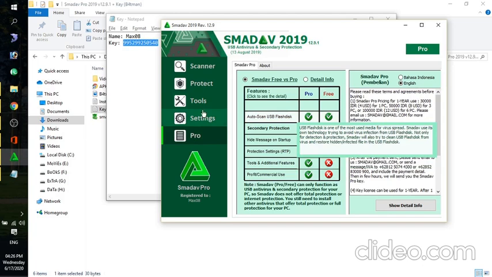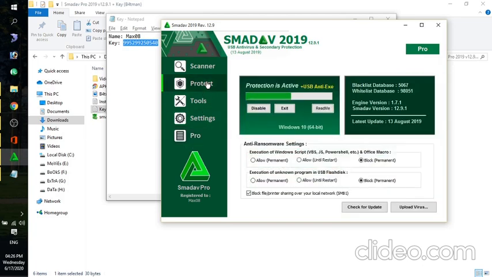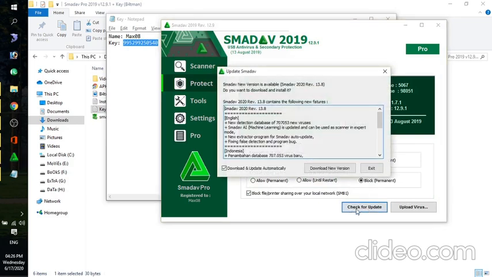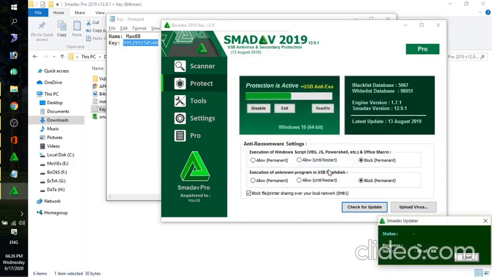After the registration, now you can check the updates. While clicking on check updates, there is a version. If a new version is available, then that will be downloaded. Now download this one. Yes, new updates are available for Samadev.